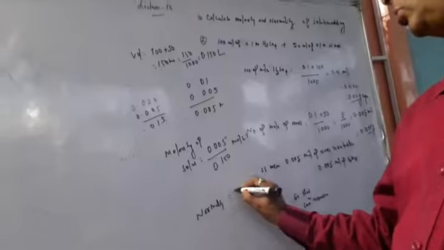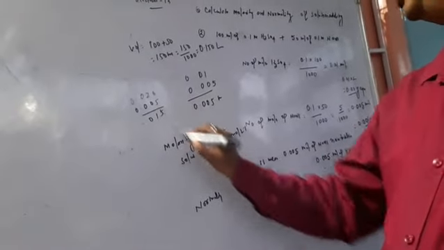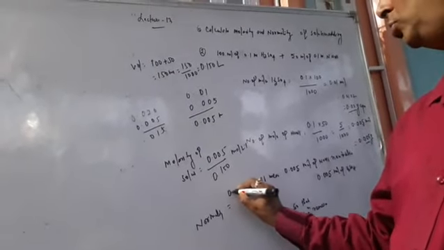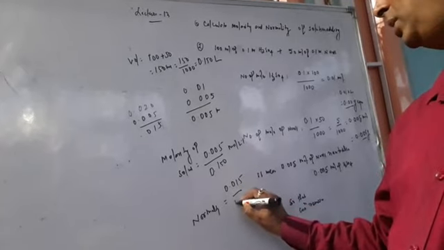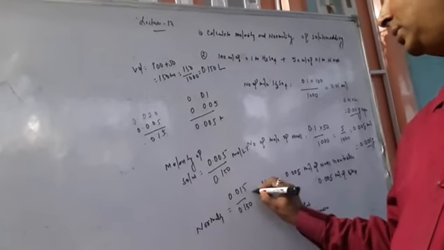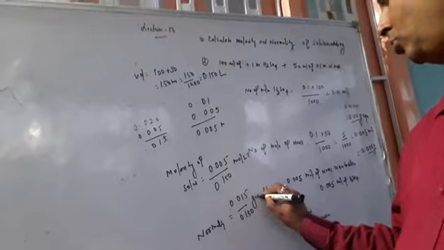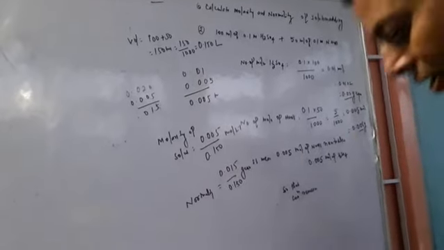So the normality of the solution is 0.015 divided by 0.150. This is gram equivalent per liter. Now we discuss